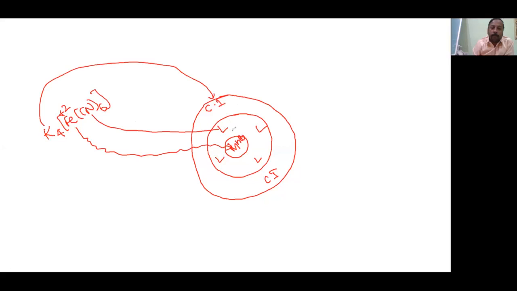Now between these two you will find the coordinate covalent bond. Between these two you will find the ionic bond. Okay, so why is this called a complex? Complex means where you will find more than one. Suppose a shopping complex: that means you will find more than one variety of shops. Then only it is called a shopping complex. Otherwise it will be a simple shop. So like that, here you will find many types of bonds.